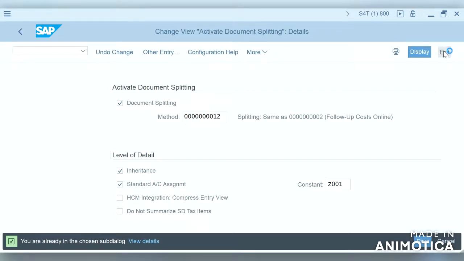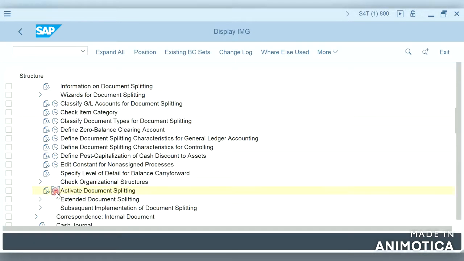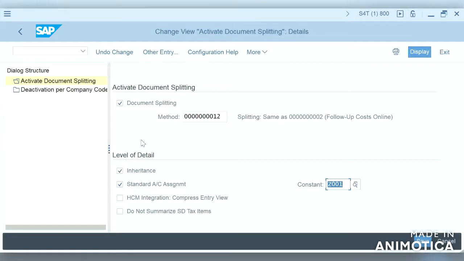here by default we can see the document splitting is activated, and the method is a standard method, follow costs online, level of detail inheritance, standard account assignment constant Z001.